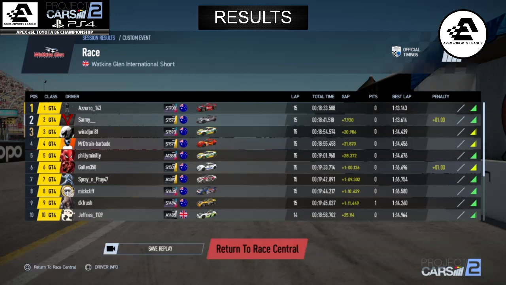And then we have Sami coming through on the podium in 2nd position, with Wira also on the podium in 3rd, followed by D-Train, Philly Manilli, Gallant, Spray and Pray, Mick Cliff, DK Rush, Jeffries, Steph, Cliffo, Coco Dog, Kakadoo, DG, and Balaki, who DQ'd, so he must have sped in pits, so that won't be giving him any points for the race. A DQ does not score any points for the round,